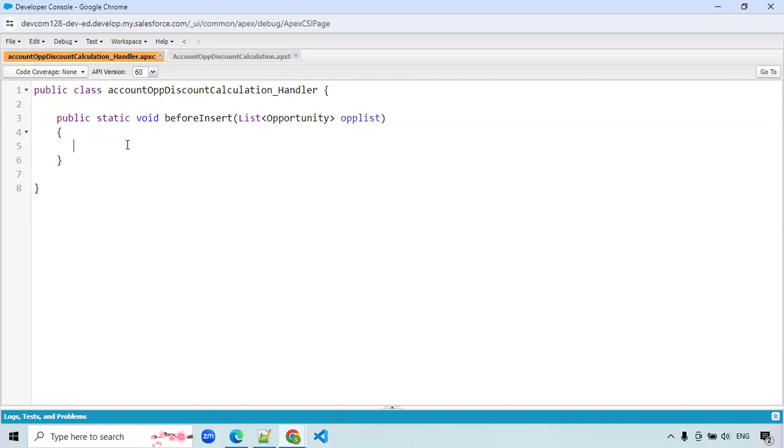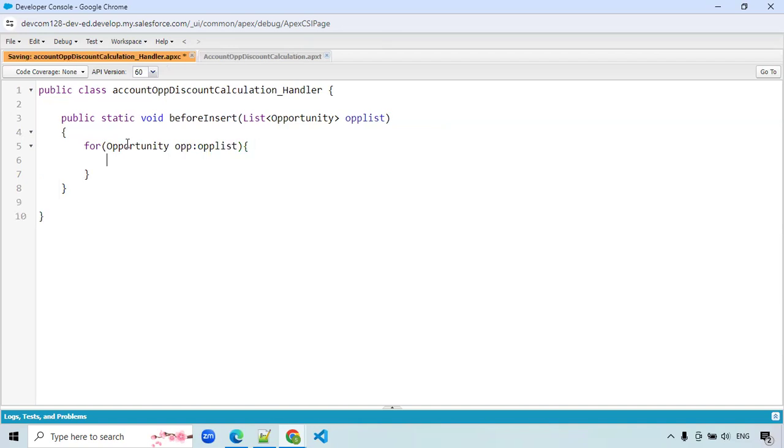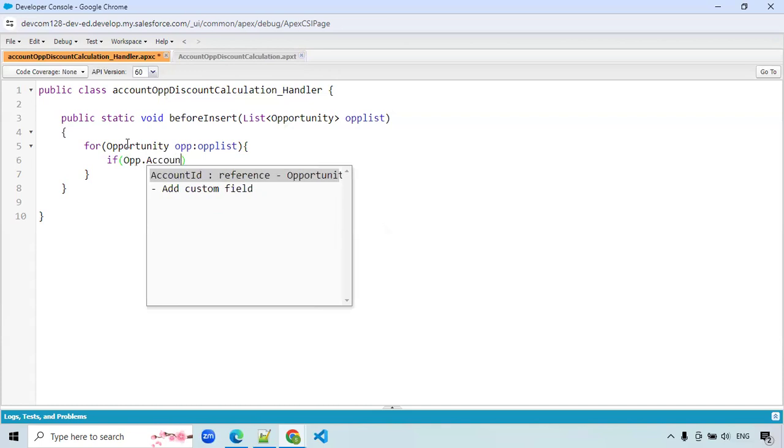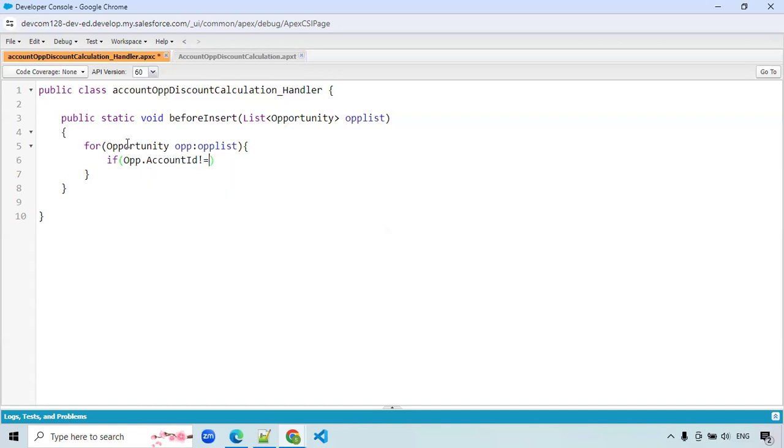We have to check all of these. So here, a for loop over the OPP list. We check the condition: first, is the account associated or not? OPP.AccountId not equals to null, and